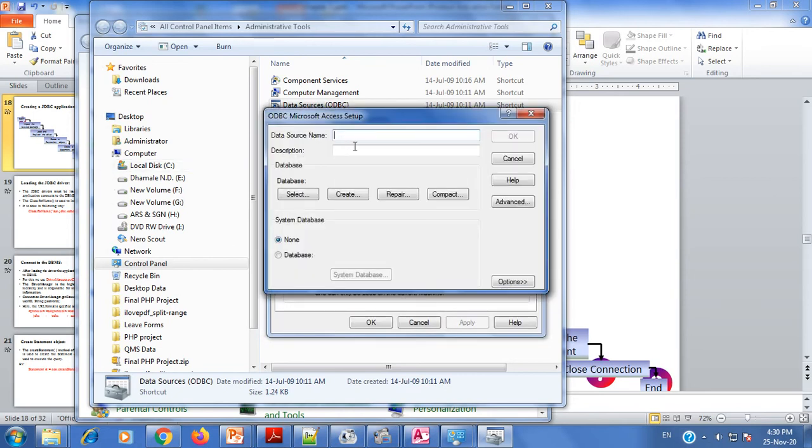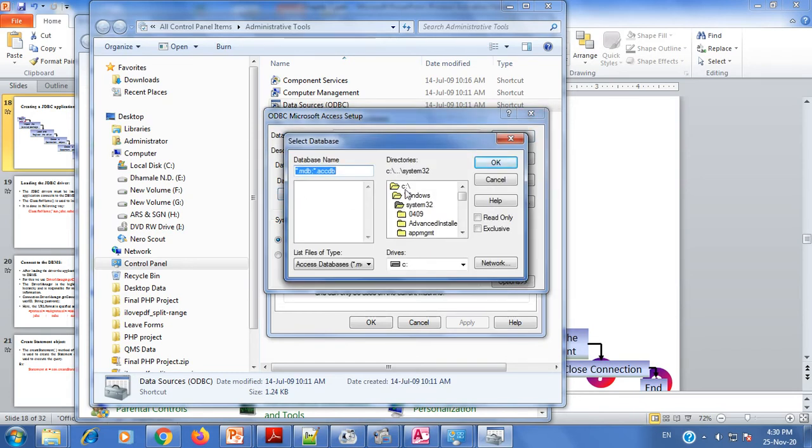I am clicking finish. Now here we have to give the name of our data source name, so I am giving EMP as the name. Now for this name you have to select your database. First of all, make sure where your database is present.